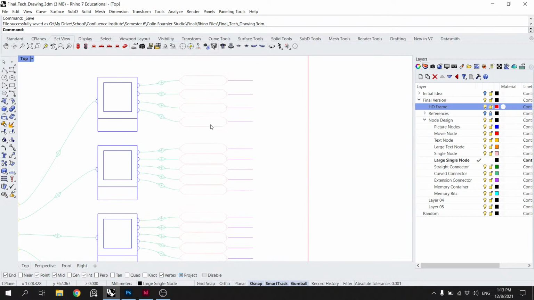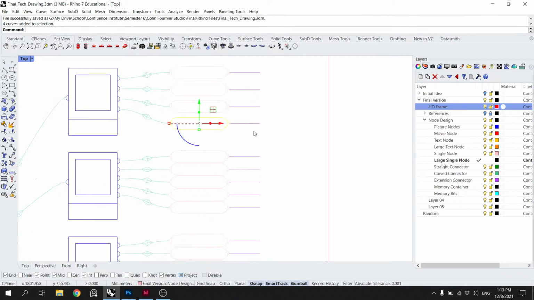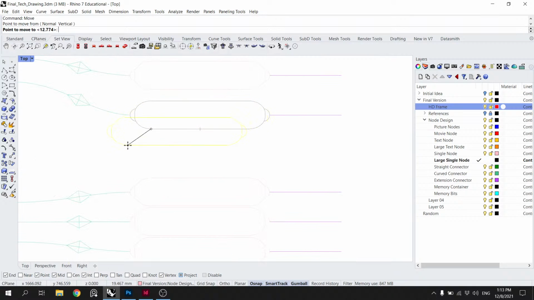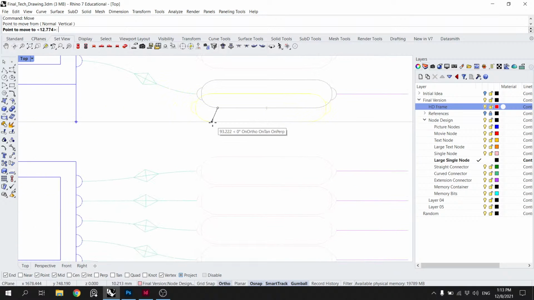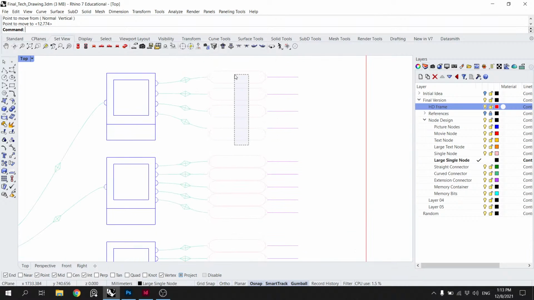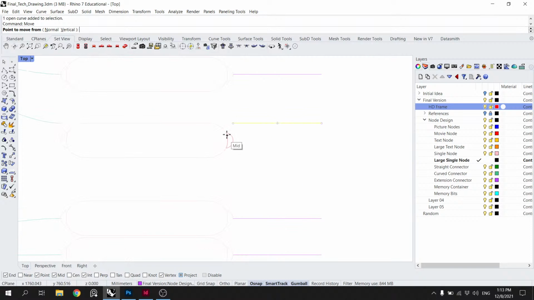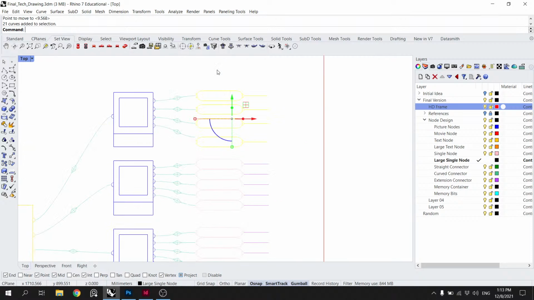Now by doing that, we open up some space. Right? We can move something like this from here to there. Then we can do distribute on the Y. Actually, you can even move that down and distribute.